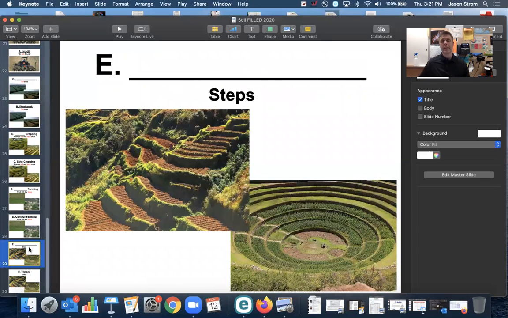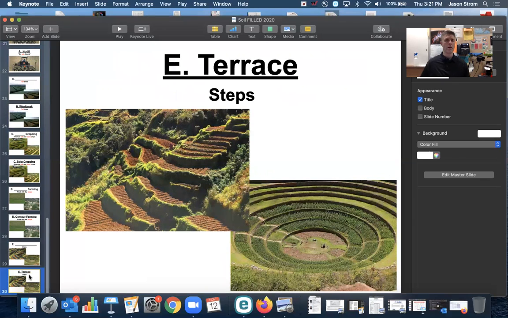And the last one is terraces. We don't have those much in the U.S., certainly not in the Midwest. These are for places, they have some of this in Southeast Asia, or Asia, I should say. Some in South America, in the Andes, the Incas did some of this. But basically, if it's very steep, and also if there's a lot of water, a lot of rain,